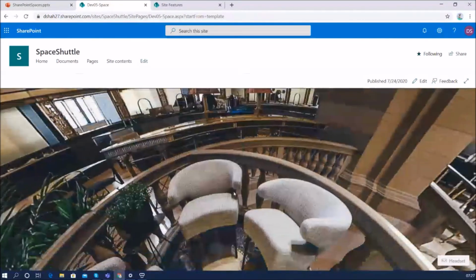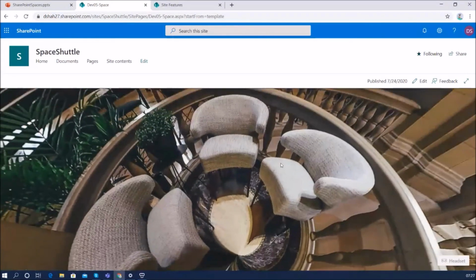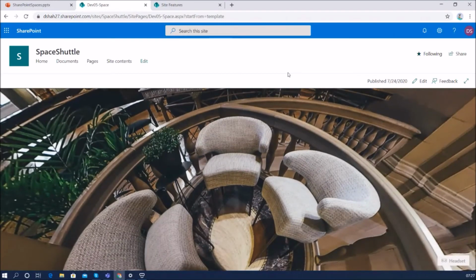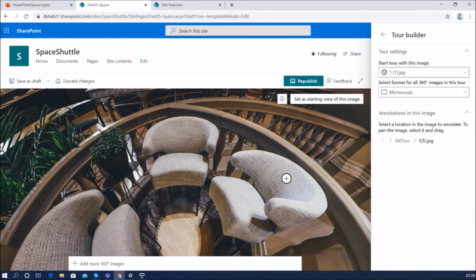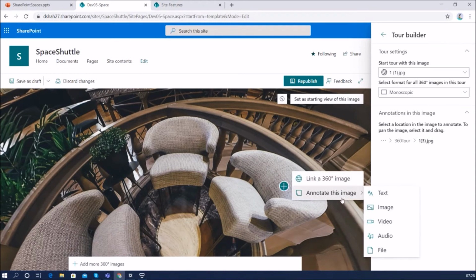Now let me show you some other interesting annotations. Let's say this is the museum, and this is a historical chair, and I want to show the user some instruction on that in the virtual 360-degree tour. So we can annotate this image as well.